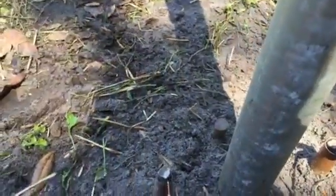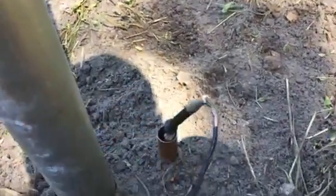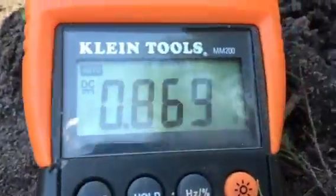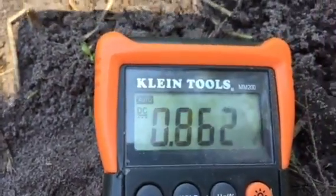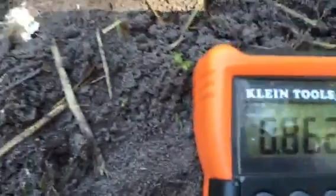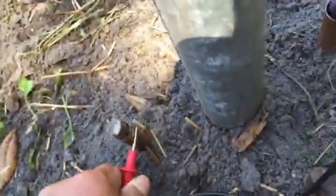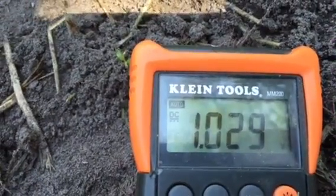Let me make some adjustments here. I think this side is really touching good. Now I got that touching that side, that touching that side, and I'm up to volts. Let's just say 8/10. Now I'm going to kind of just work my way around this copper, and you're going to see it go volts. I just touch the copper harder. It's going to a volt,